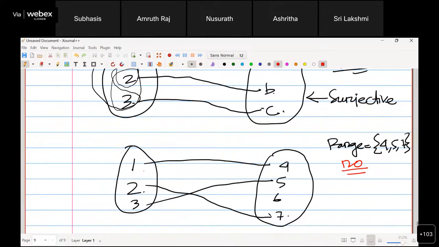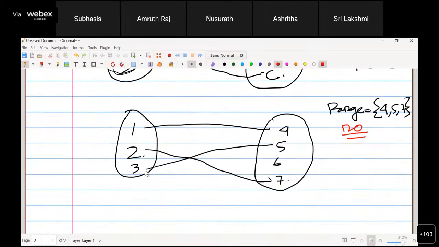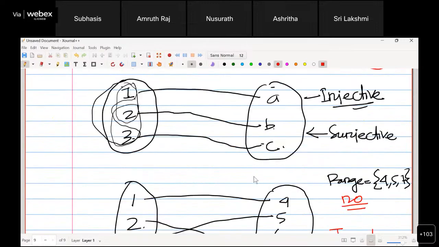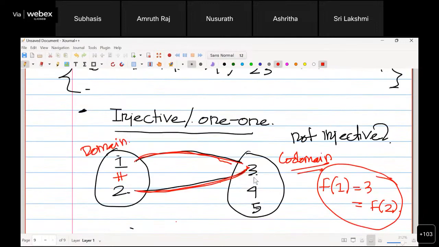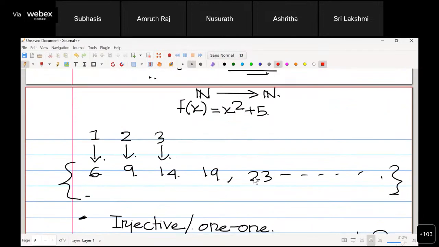What about injectiveness? Yes, it is injective. This is injective because 1 is going to 4, 2 is going to 7, 3 is going to 5. It is going one to one. Sorry, my bad: this is injective but not surjective. I'll give you a few more examples, but let me go back and see